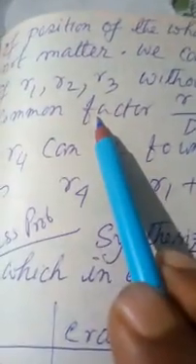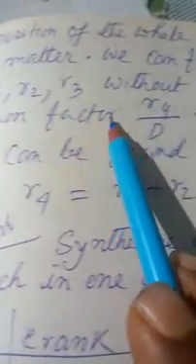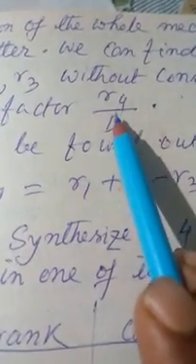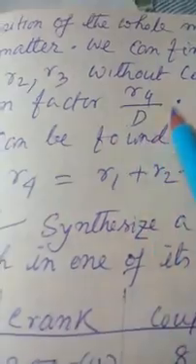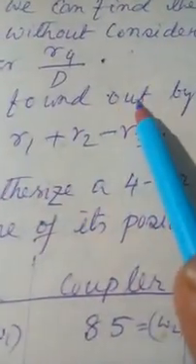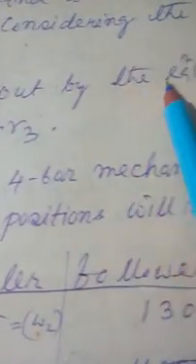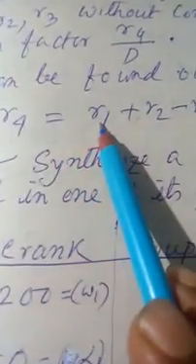common factor R4 by D. This is the common factor. R4 can be found out by the equation 1. R4 is equal to R1 plus R2 minus R3. Okay, now this is a